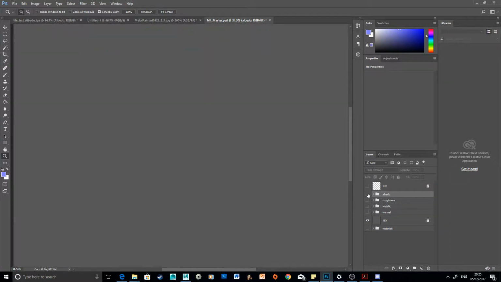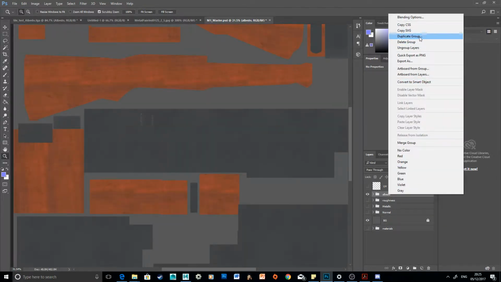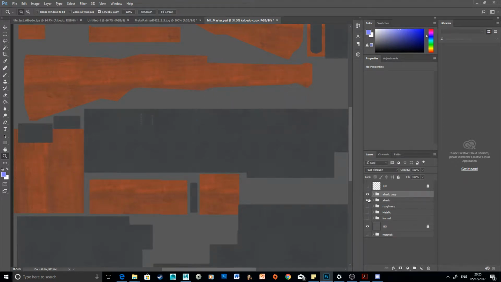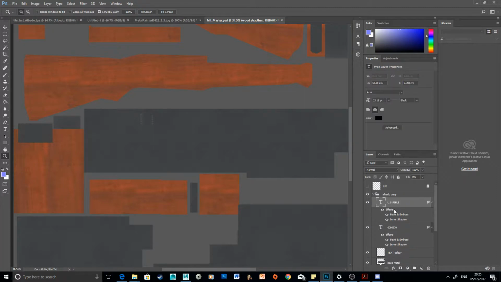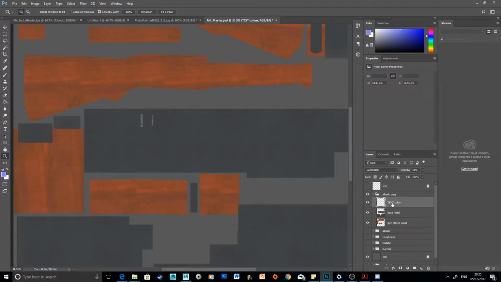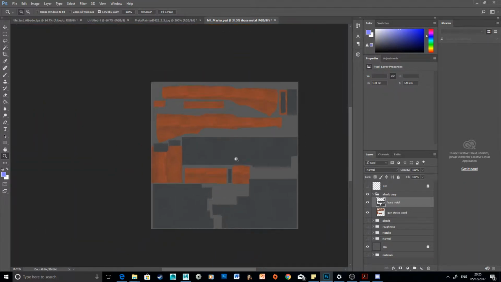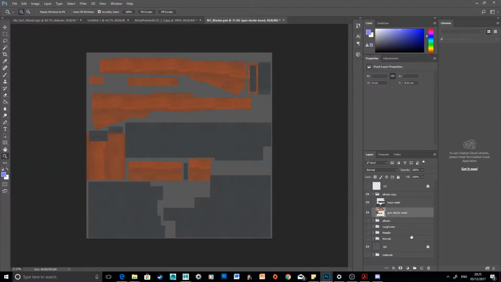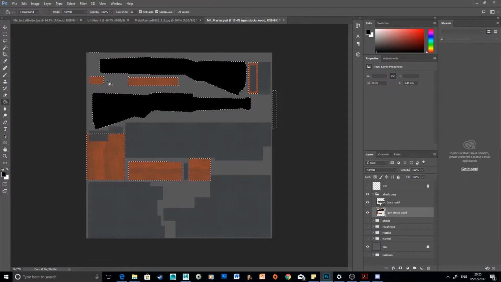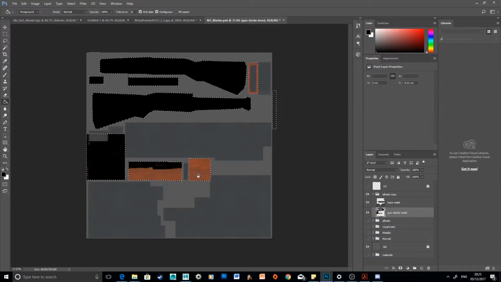All I've done essentially is take my albedo map and duplicate it across. Let me get rid of the scratches, for instance; I don't really need that, or this, or that. I'm just keeping the base metal and wood for right now. So for instance, the wood is not metal whatsoever, so there's no two ways about it. It would be completely black, essentially. So I just made those black, because this isn't really going to be